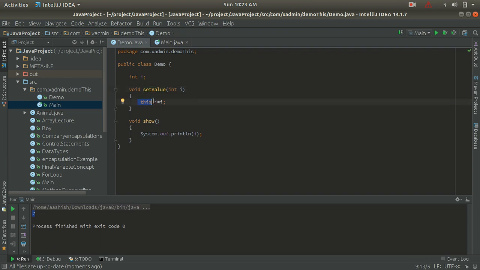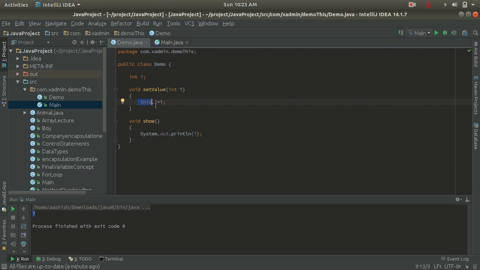And if you are not using the this keyword, then it is going to store the value 7 to the local variable if the name of the local variable and the instance variable is the same, right? Here this will refer to the current class instance variable. The demo class has the instance variable I, so the value will be stored to the instance variable now and not to the local variable. So we are getting the output as 7 inside the show method.